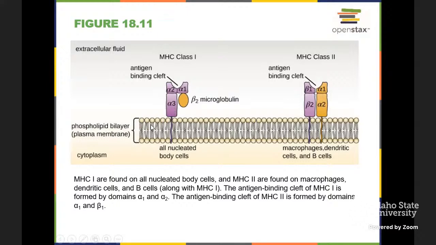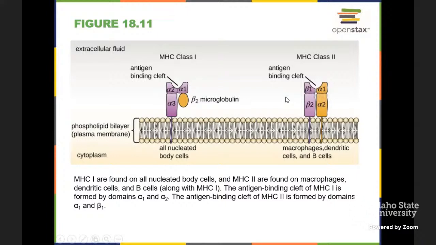So what we're looking at here is really more like a macrophage because we have class 1 and class 2 major histocompatibility complexes. The two together are found on macrophages, the dendritic cells, and B cells. And this allows for the communication between these cells, all right? Recognizing and really thinking, the show and tell sort of stuff. Those epitopes